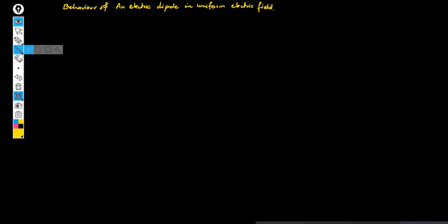Let's say there is uniform electric. Now what is Wheatstone bridge? A device which is used to measure the unknown resistance with the help of three resistors. Okay, that is Wheatstone bridge. And if we go diagram wise,